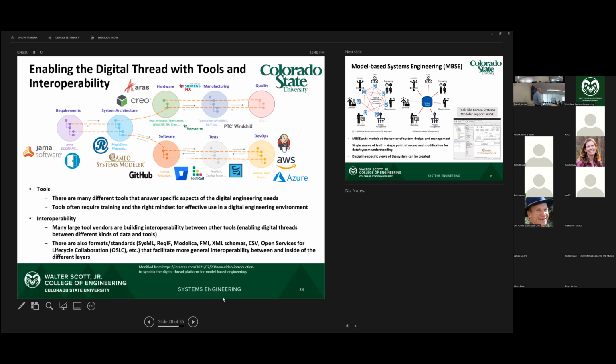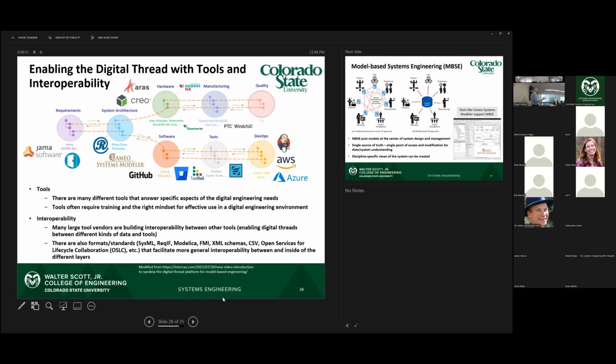So part of this approach can be, if you are developing your data and models in standardized approaches, these tools can sometimes export. So instead of just having interoperability between different tools, you can have interoperability between tools in the same layer. Can I communicate a Cameo Systems Modeler with Rational Rhapsody, for example? So there's a lot of work. I've listed some standards here: some architecture requirements, physics modeling. There's XML schemas being developed for specific data standardization, and then even Open Services for Lifecycle Collaboration, which is in particular using web-based protocols to communicate between different tools. It's trying to build a standardized way for many different tools to communicate.